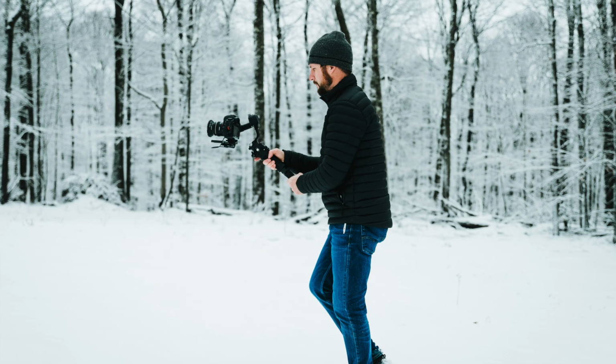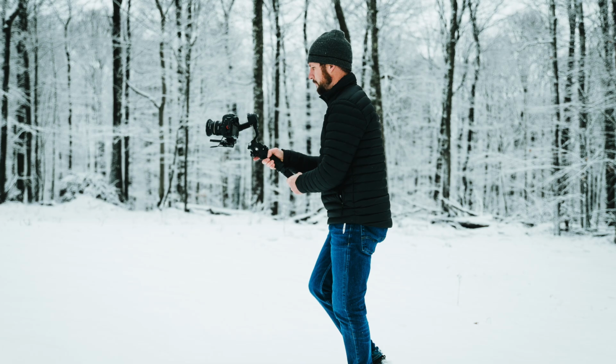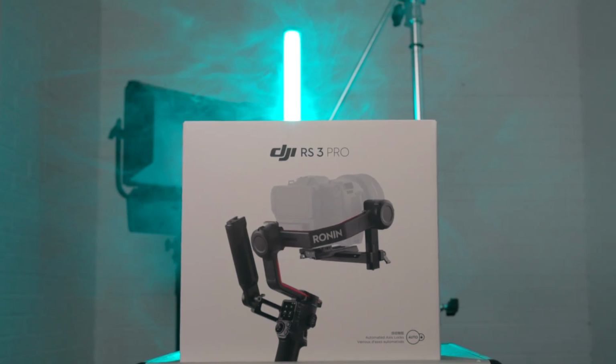So this is the Ronin SC2, and it's been fantastic for us. We've used it on a ton of shoots this last year, but it does struggle sometimes with the payload. So we've got the bigger lenses and they're a lot heavier. So I went ahead and picked up this new